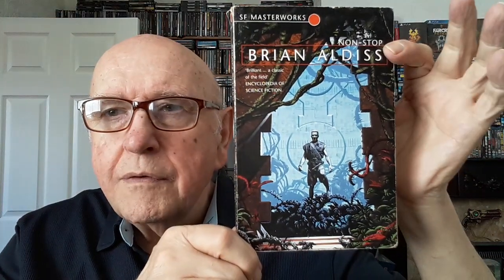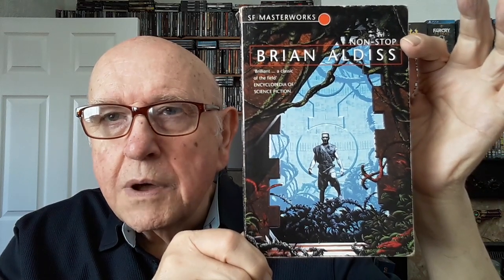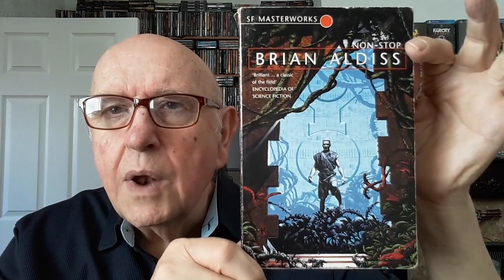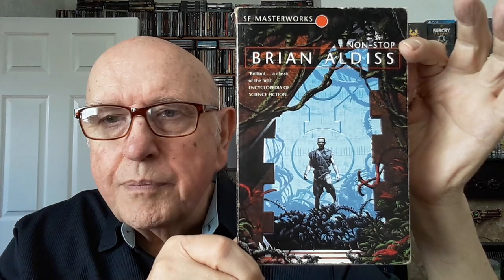So yeah, I was very interested in those. Now these are the older editions of the SF Masterworks. I prefer these because they're numbered. Very famous Brian Aldiss story, Non-Stop, which I don't have in the modern Masterworks, so I was happy to pick that up. I don't think I've got it at all, actually. I've got a few Aldiss books, but yeah, these were the forerunners of the...